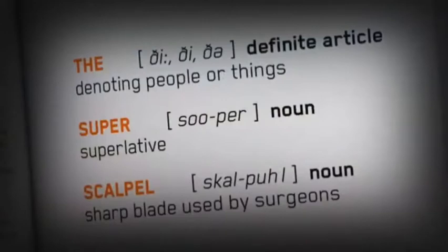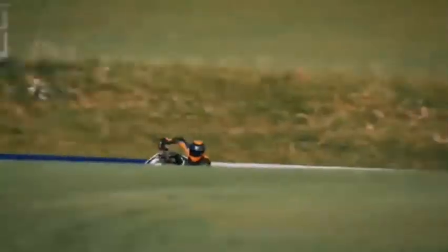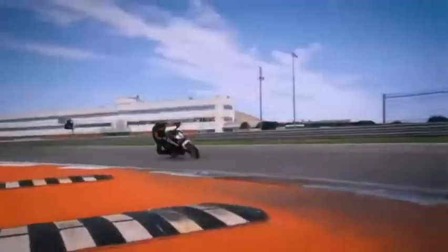KTM 890 Duke R, the Super Scalpel, the sharpest and most precise tool in our toolbox. The KTM 890 Duke R brings out the best in the Duke, based on a lightweight, compact, agile and razor-sharp packaging of the KTM 790 Duke. The KTM 890 Duke R is the sportiest bike in the midweight segment and will give bigger bikes a run